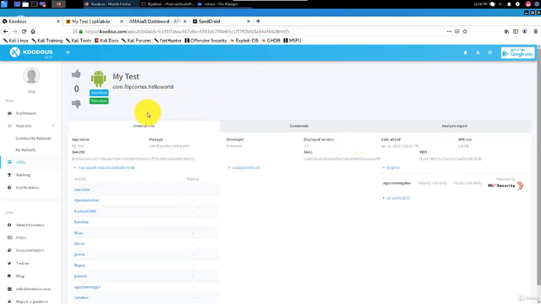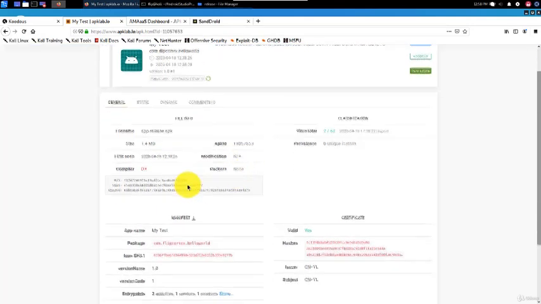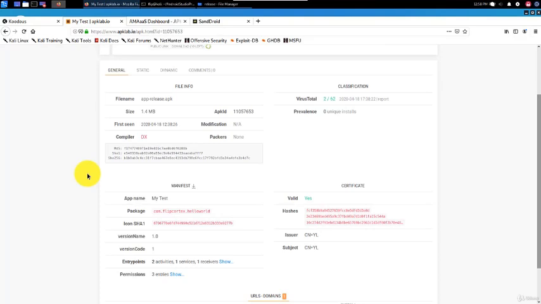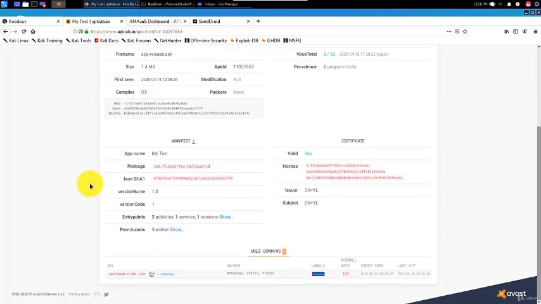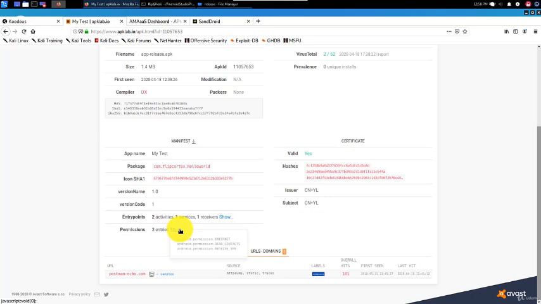So the first sandbox analysis to finish was the one at apklab.io. Here you can see the results. Let's have a look at the general dashboard over here. Okay, so basic stuff. It tells you there are 2 activities, 1 server and 1 receiver. It shows what permissions are being used, shows you what URL the malware is connecting to.